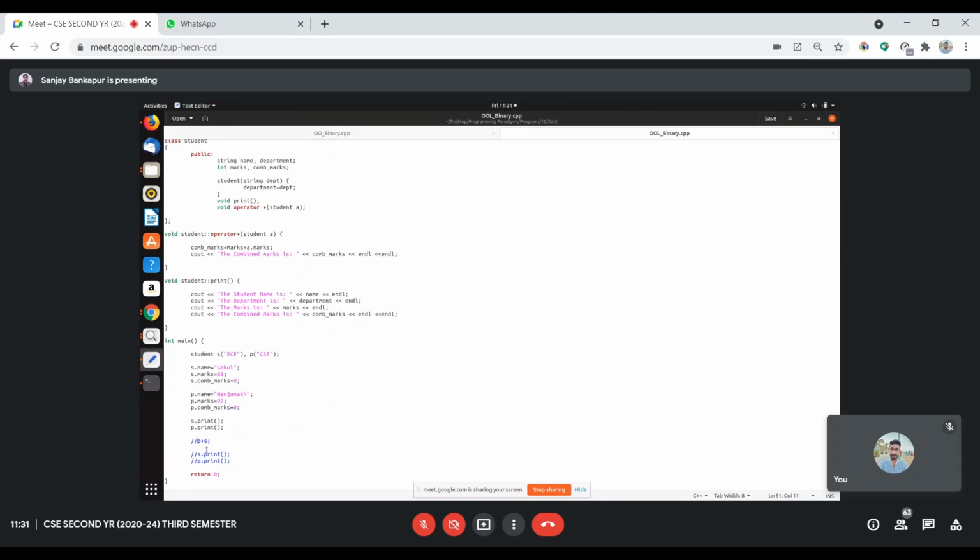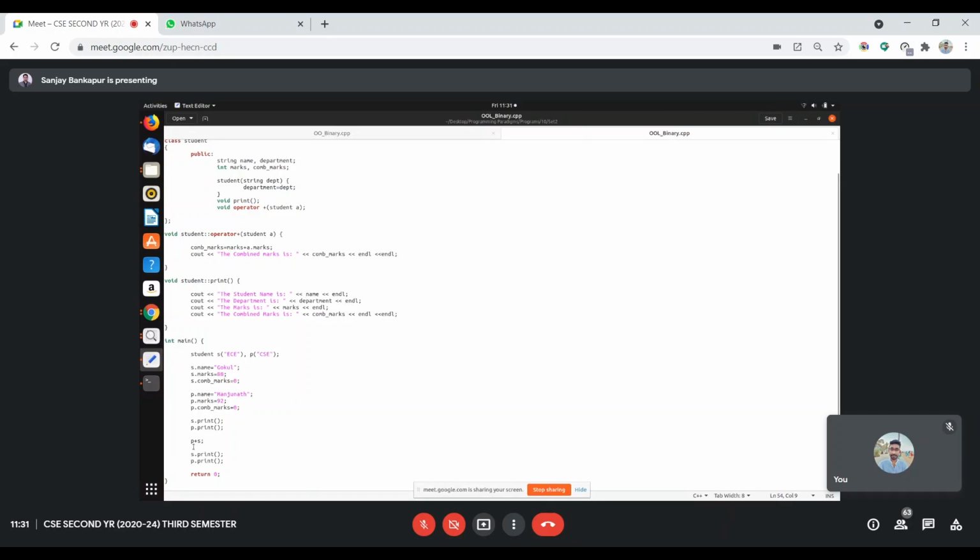But it is one single template of a student class. That's the beauty. It's a single template. I can write p plus s or s plus p. Right now I'm doing p plus s. Let's see what kind of output we get.